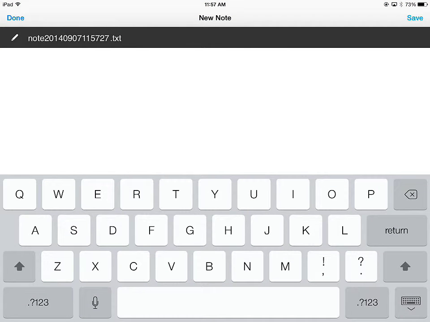Essentially what this pulls up for you is a section on eBackpack that will allow you to record notes. So for example, a way in which this may be beneficial is if you wanted to take notes in a class using your iPad and eBackpack in lieu of writing it on paper. This is a way that you could do it. So if I'm in Mr. Sidlick's American Government class and he's talking about the House of Representatives,